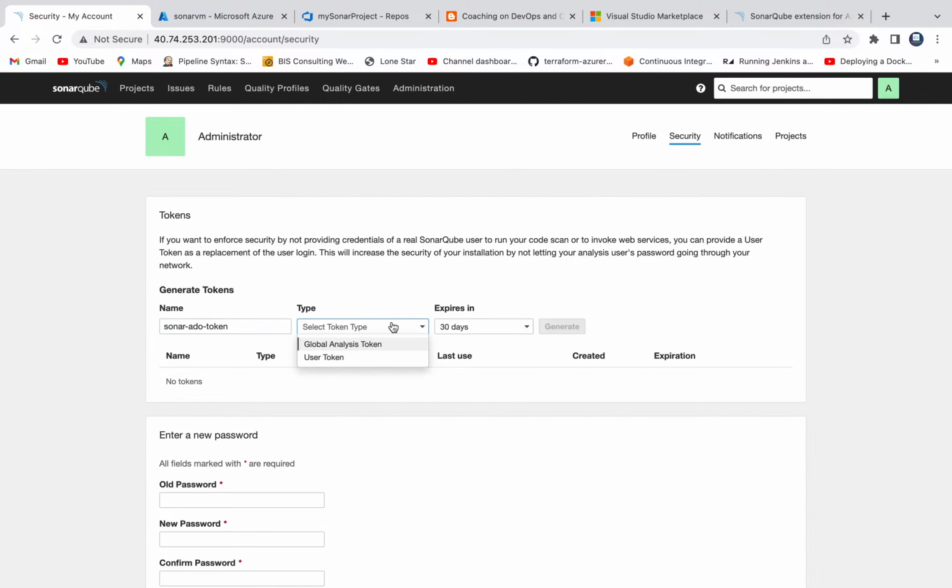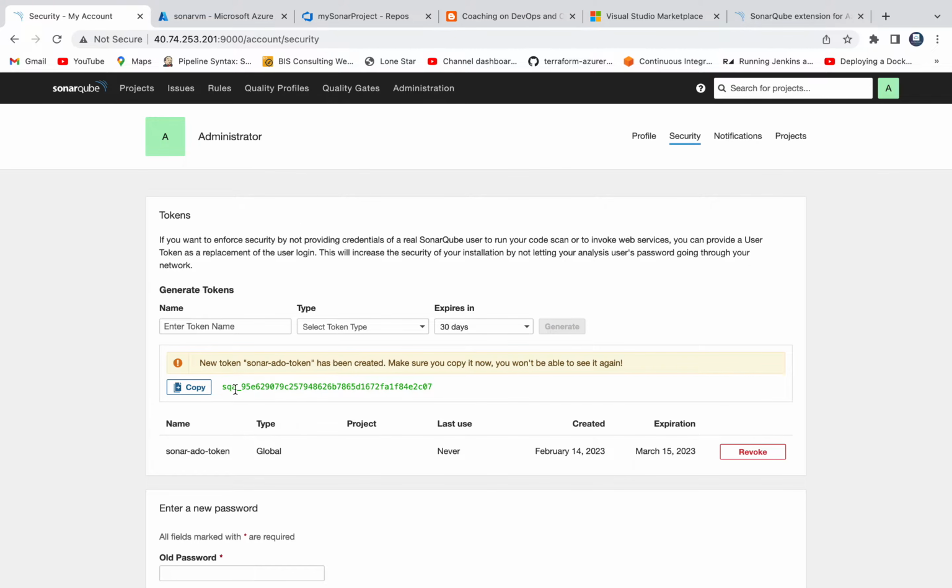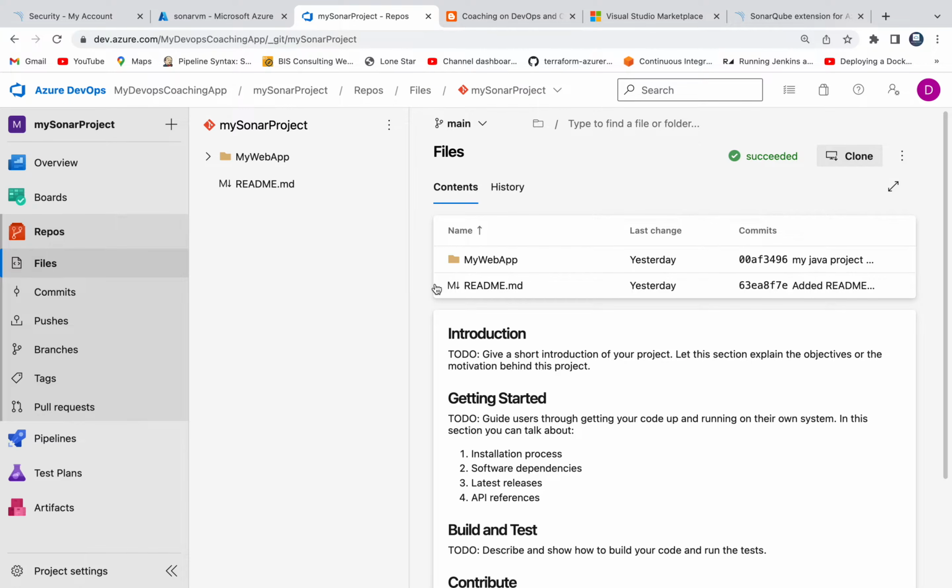Okay. So select a global analysis token, and this is up to you. So when you want it to expire, right? This is not recommended, but you can just say maybe 30 days or 90 days. Let me go with 30 days and then click on generate. So this is the token. Okay, so make sure you copy this value and then go into